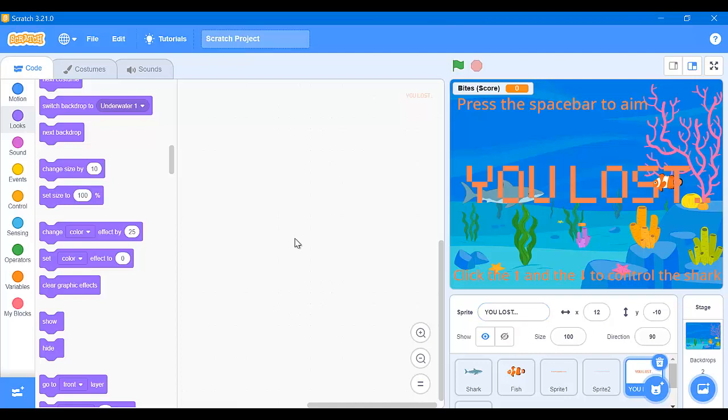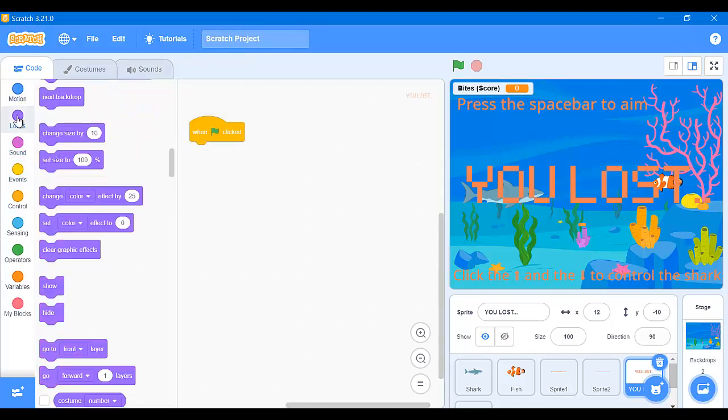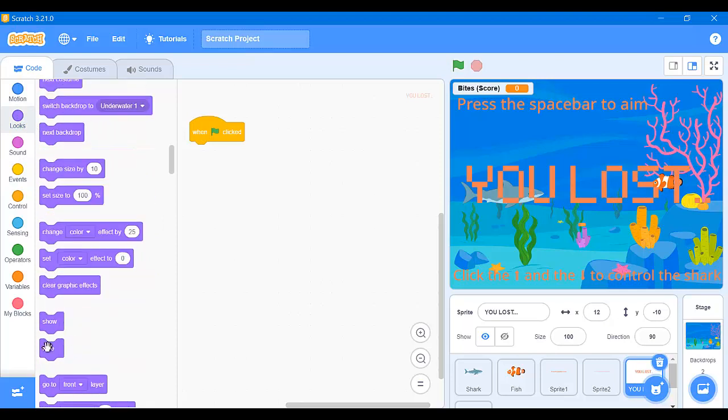Now what we're going to do for the You Lost Sad Face sprite, we're going to go to Events. When green flag clicked, Looks, Hide, Show,